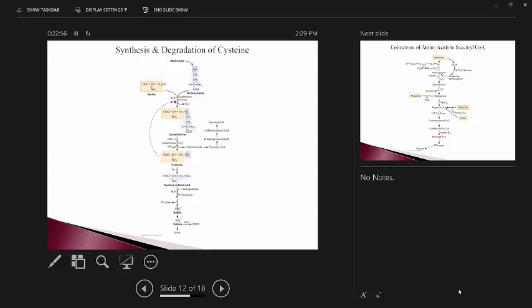Which brings about what? What's going to accumulate? If I have a deficiency of this enzyme, what will accumulate? Homocysteine, and you get what's called homocystinuria or homocystinemia, meaning it's in the blood, okay? And it's been shown that homocysteine in the blood has some detrimental effects on the CNS, on the heart and cardiovascular system, okay? So high homocysteine is a problem, okay? So you don't want to have that deficiency disease, okay?